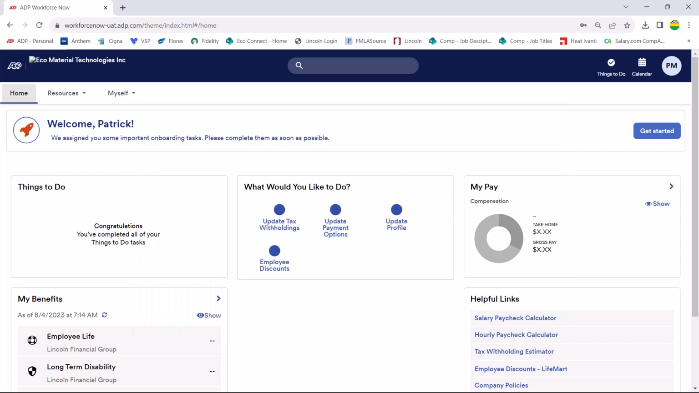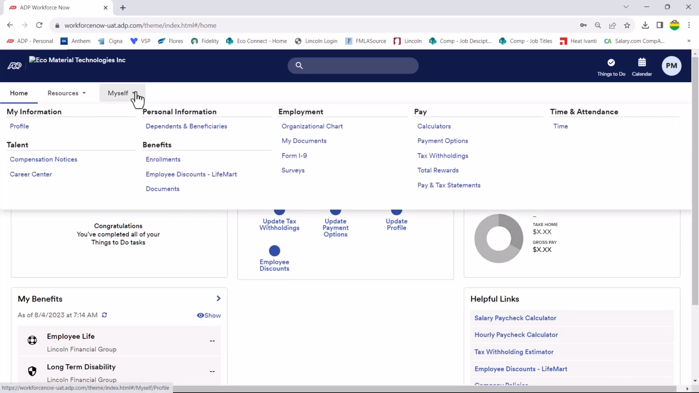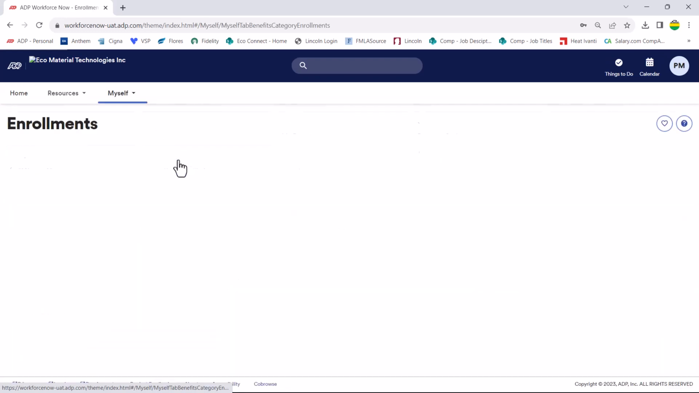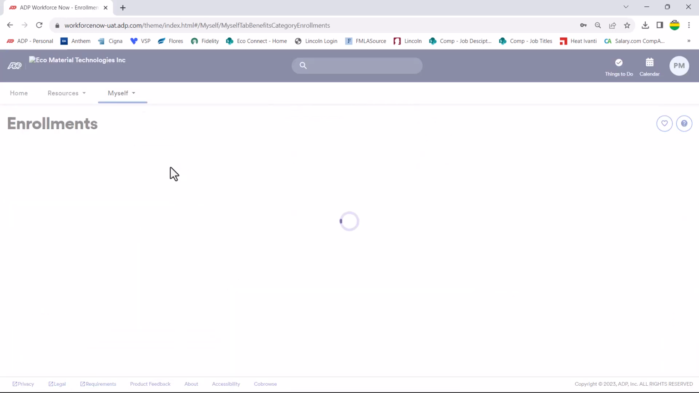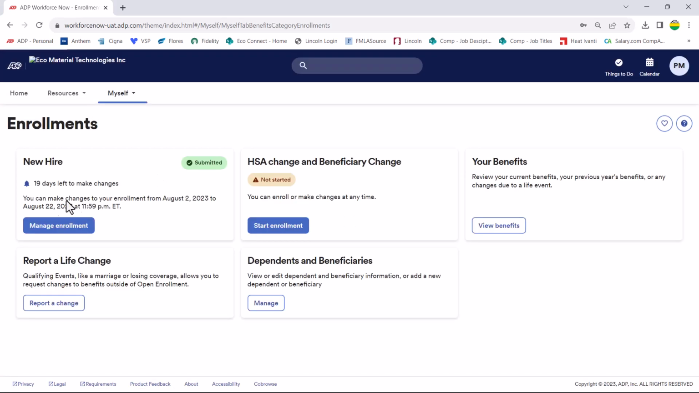To begin your benefit enrollment, in the top banner, click on Myself, then on Enrollments under the Benefits subsection. Next, you will want to click on the blue Manage Enrollment button in the first tile. This will launch the new Hire Benefit Enrollment event. If you don't see the blue enrollment button, keep in mind you cannot enroll in benefits until after your start date. If you have worked a few days and you still do not see the enrollment option, please contact us